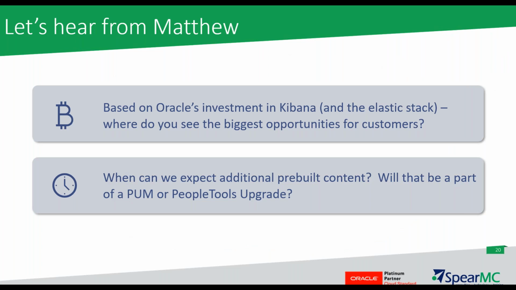All right, let's shift gears and talk a little bit about the capabilities and content in Kibana. I'm thinking about this from both an 857 and 858 perspective. Oracle has continued to enhance the capabilities in 858, but many of our customers are on 857. If an upgrade is 6 to 12 months away, how can they leverage Kibana today? And for those customers on 858 or soon to be on 858, what type of content is Oracle planning? So do you want to talk a little bit about 857 and what customers can do today?